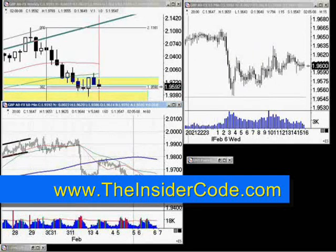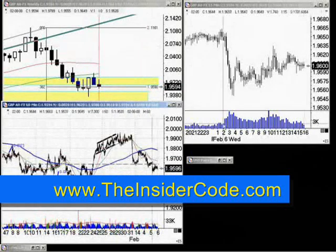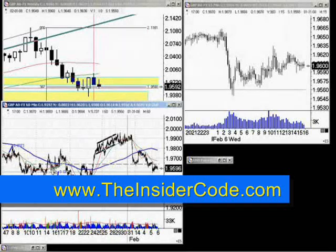We do have a little bit of support building down here at the 95.47 level. I do think that it is going to be a valid trade if the market can break down there. Let's go ahead and take a look. We'll go ahead and lock this in. You can see there's quite a bit of support back here, support here, here, and in here. But once the market clears these levels, actually down to about 9,500, it is clear sailing in recent trading. So we're probably going to see the market drop down to this 9,400 level if we can get going to